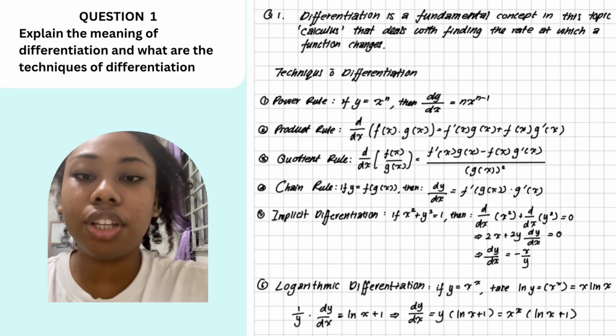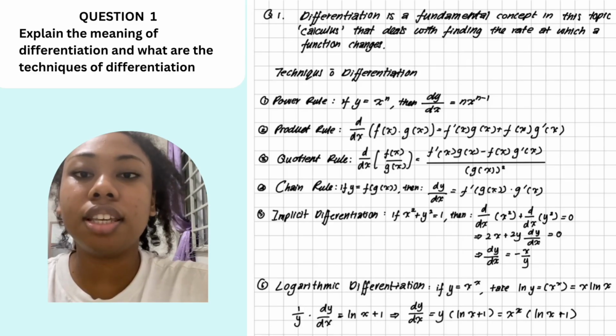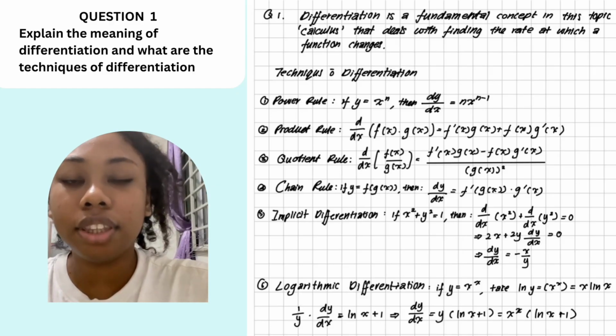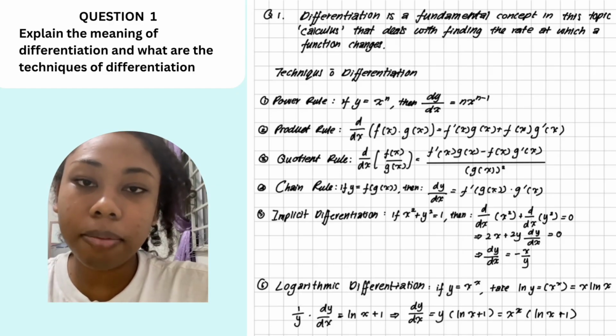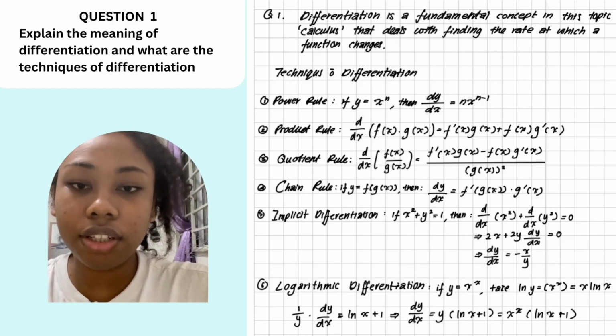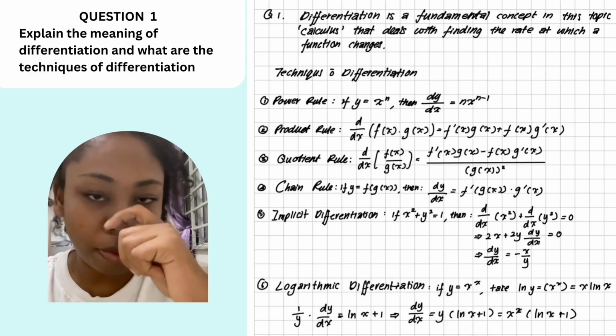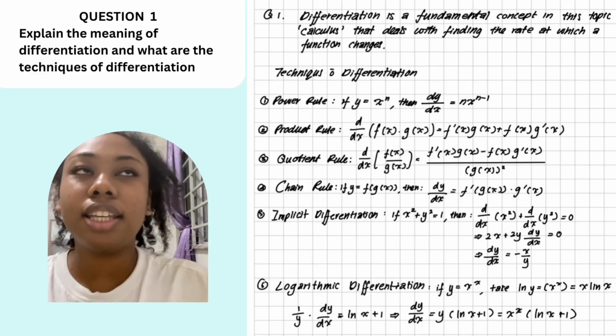The fourth one is chain rule, where the equation is: if y = f(g(x)), then dy/dx = f'(g(x)) times g'(x). The fifth technique is implicit differentiation. For example, if x^2 + y^2 = 1, then